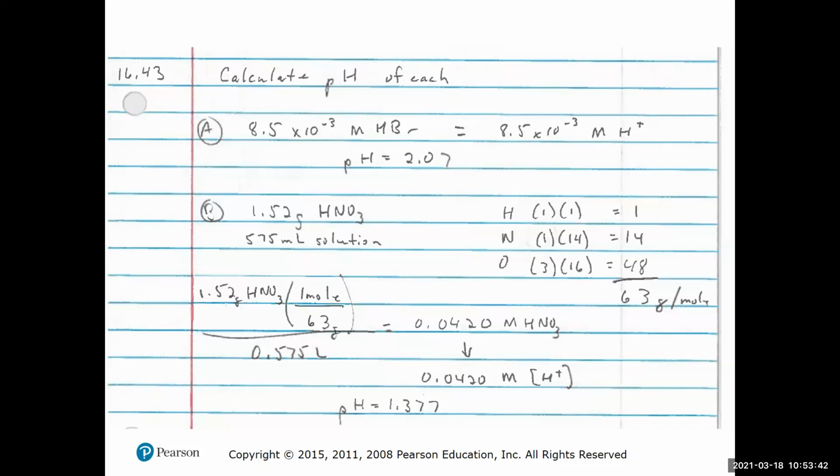Because it's a strong acid, the molarity of HNO3 will be equal to the molarity of the hydrogen ion. And so now I have a 0.0420 molar hydrogen ion concentration. Then I can do minus the log of that to get a pH of 1.377. So once again, same ideas. Strong acids fully dissociate. The acid concentration equals the H plus concentration. We just have to make sure that it's in moles per liter